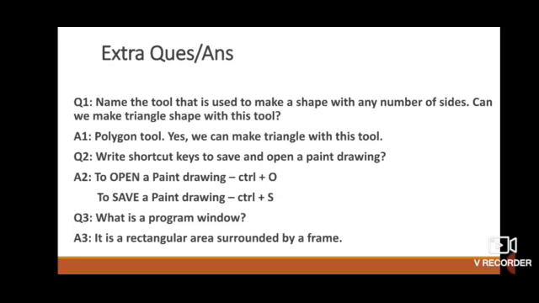Now next question is, write shortcut keys to save and open a Paint drawing. So to open a Paint drawing, Ctrl plus O, and to save a Paint drawing, Ctrl plus S. They are the shortcut keys. Question number 3. What is a program window? Answer. It is a rectangular area surrounded by a frame.